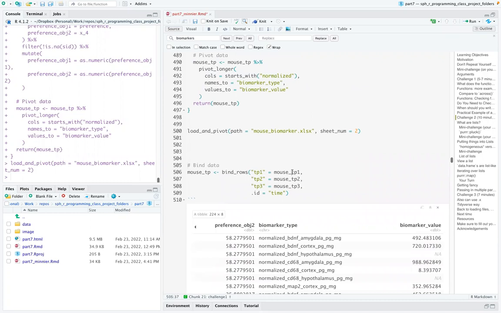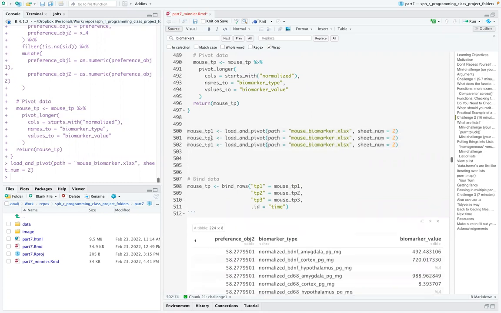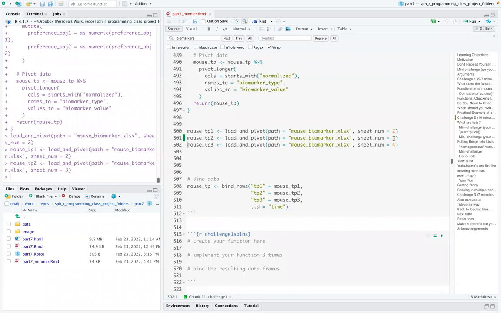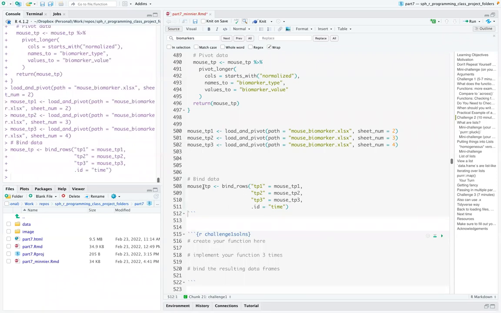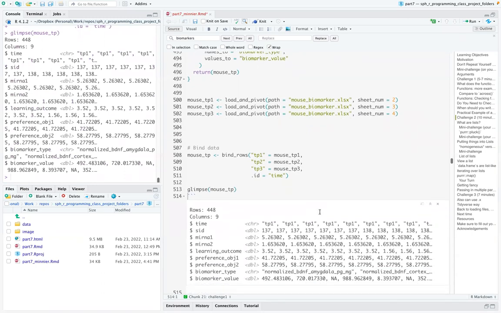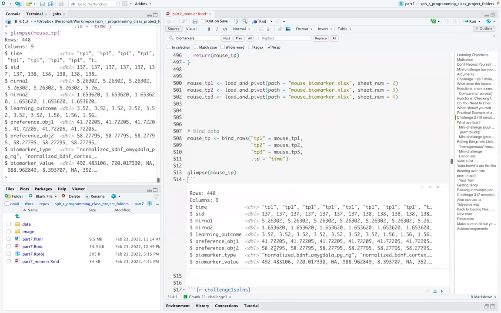So what I want to do is now call mouse time point 1, the result from here. And then mouse time point 2, mouse time point 3, and then this was sheet 3, and this was sheet 4. So run them all again. And now this should work. If I bind them and call it mouse TP and see that it has,